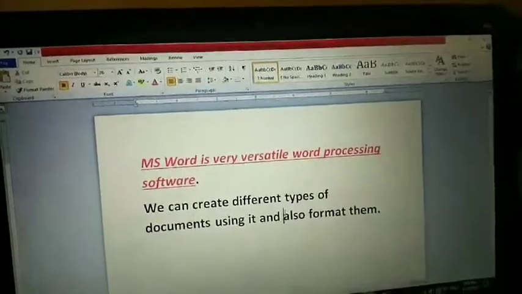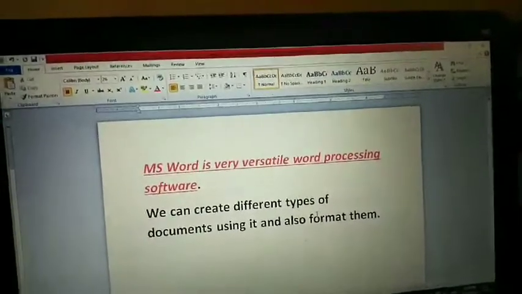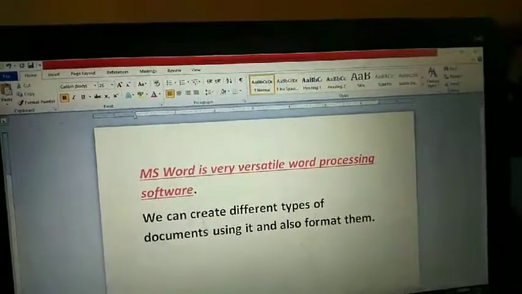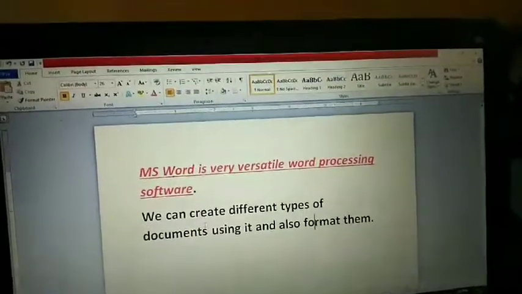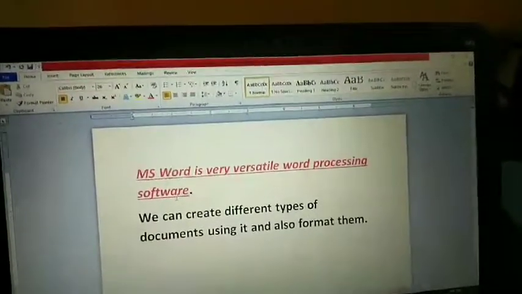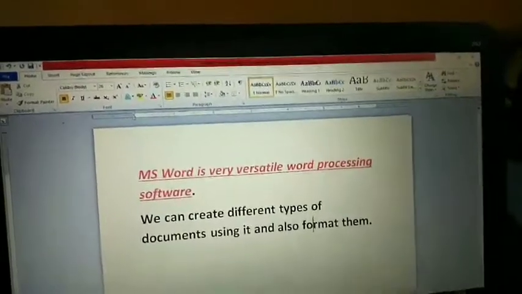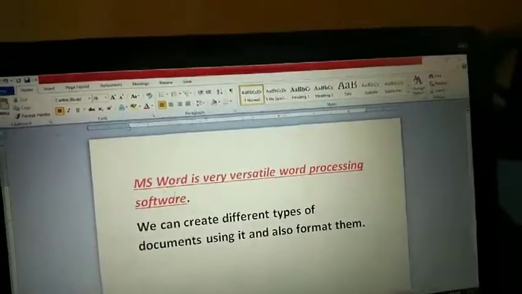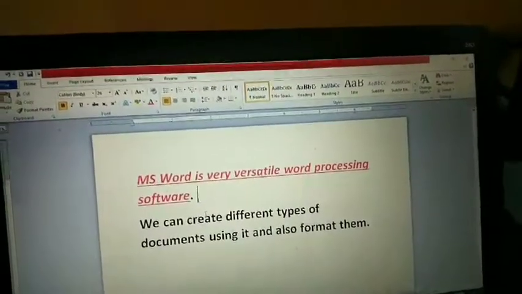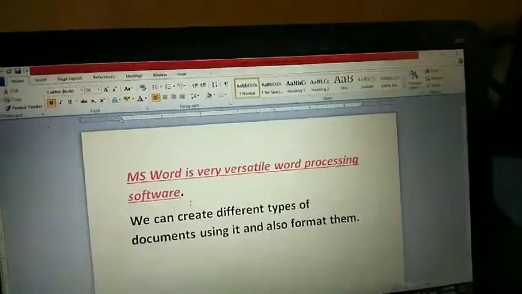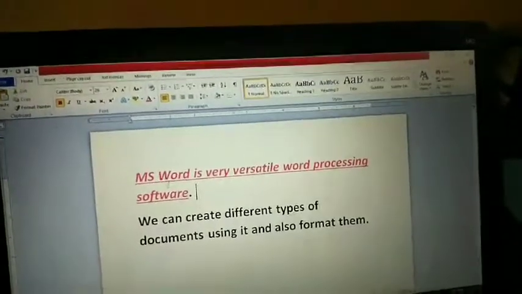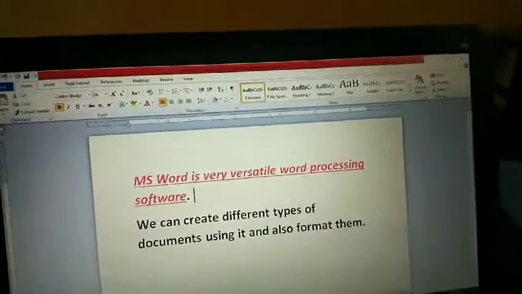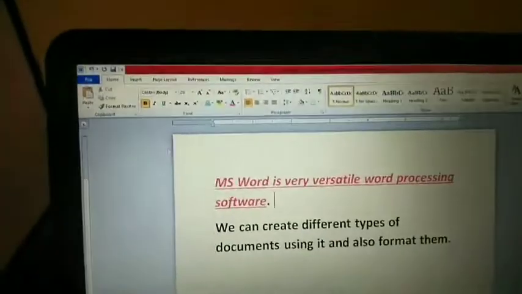Now I'm going to explain how the Format Painter works. I want the third and fourth lines to look just like the first two lines immediately with the help of the Format Painter. If your teacher asks you to change the third and fourth lines just like the first two lines, how will you do that? Do you think you have to type exactly like this again from the beginning? No. The smart way is using the Format Painter and changing these two lines the way we are looking for. Understand? So listen clearly.